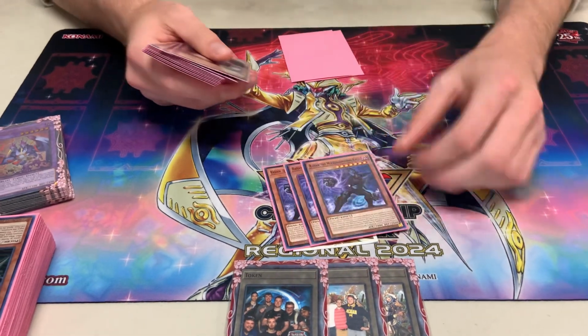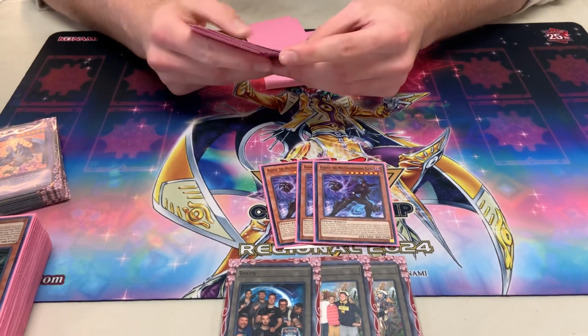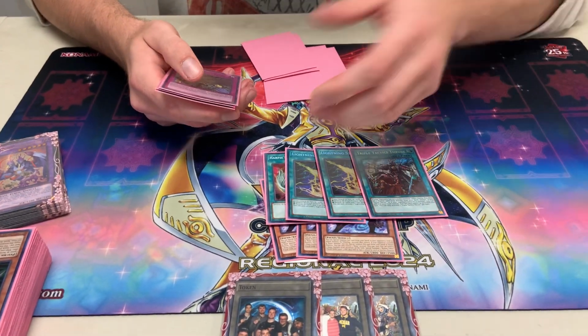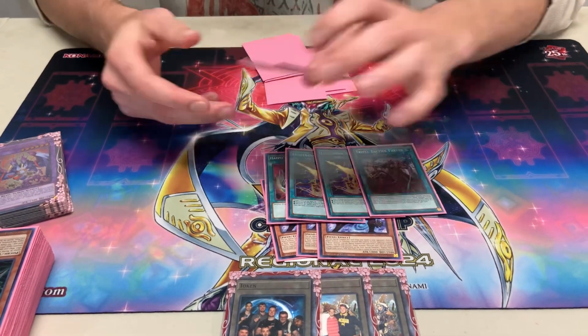Side deck. I played 3 Raiden, it's a Fiend, and it's a Kaiju. I played Back Row Hate, which didn't matter because Labyrinth's already a really good matchup, so you don't really care that much, but it's just there for floodgates and stuff like that. And then 3